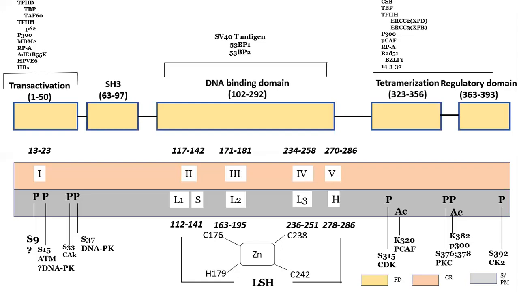Next portion is the regulatory domain. This regulatory domain is a 30 amino acid long region. The extreme C-terminal domain is called the regulatory domain. It is also called the apoptotic domain. It is also known as the DNA damage recognition protein. One thing I want to mention is that P53 has an important role in identifying broken DNA. So how can they do that? They do this by the C-terminal domain because it has a single-stranded DNA binding region.